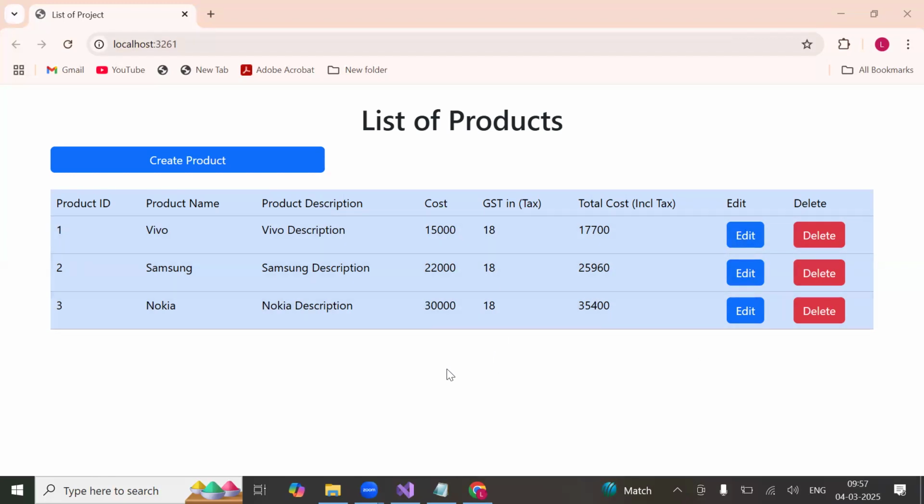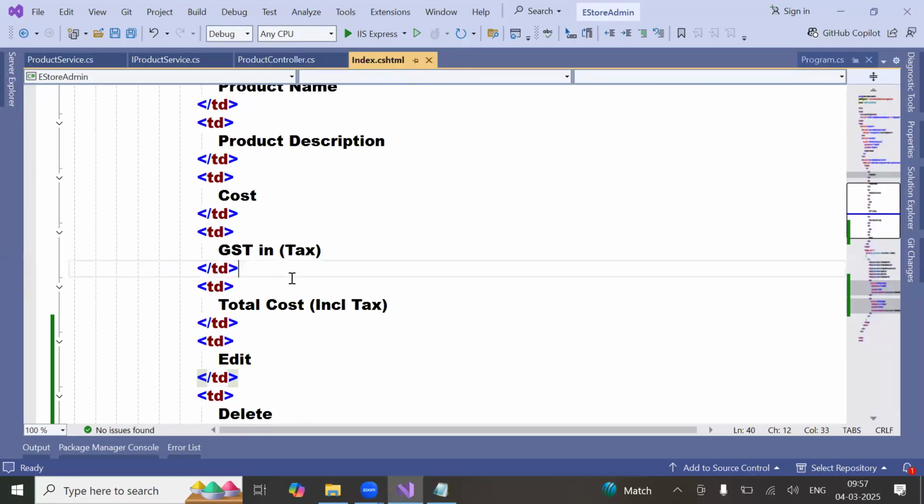From the UI itself, you can know whether the URL is working fine or not. Is the expected URL generating or not? You understand my point? If anything goes wrong, this URL will not generate. I will prove it to you. Now, if you go here in the index, come down,